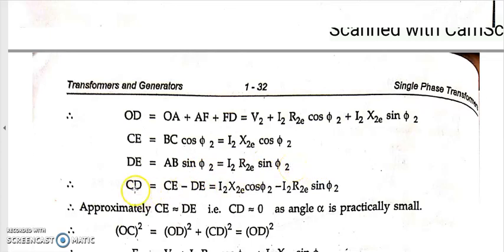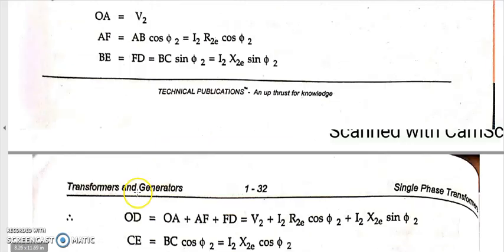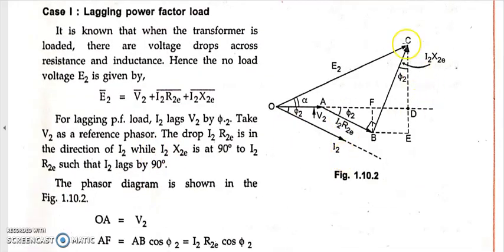Now let us calculate the value of CD. Where is CD? CD is over here. We know that OC square is equal to OD square plus CD square, as per the Pythagoras law. As per mathematics, we need to consider this alpha angle, but here, for the sake of convenience